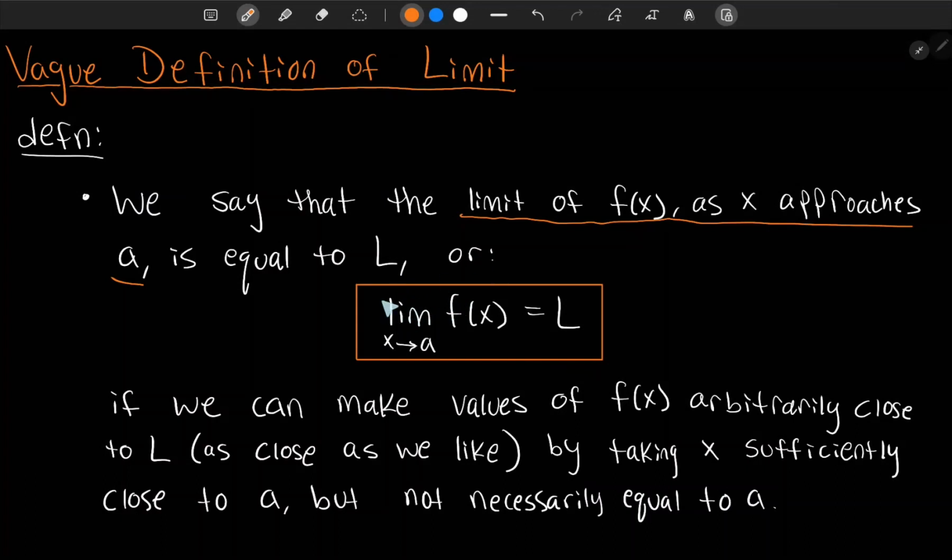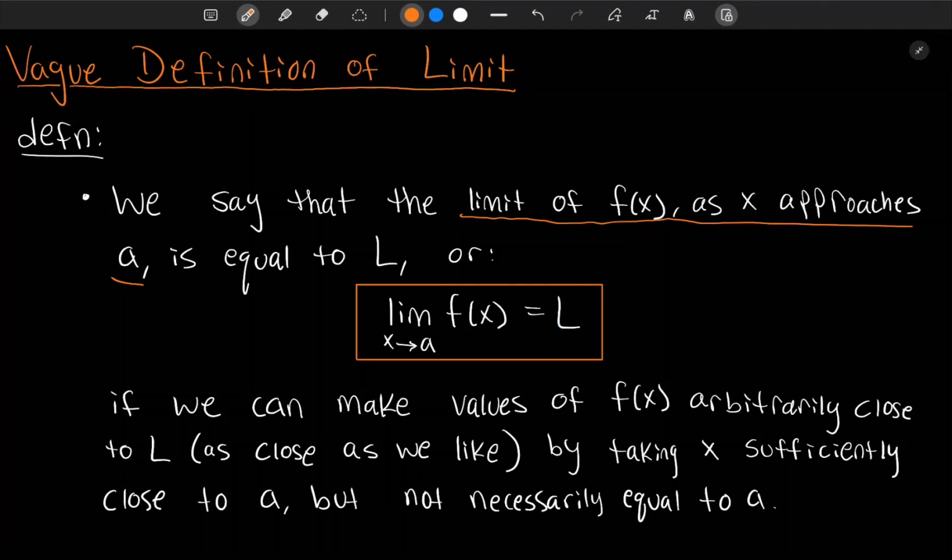So LIM, which is short for limit, and then underneath LIM we write x arrow, so x pointing to a. That means x approaches a, and then we're taking the limit of this function, f of x, and we say that that limit is equal to L